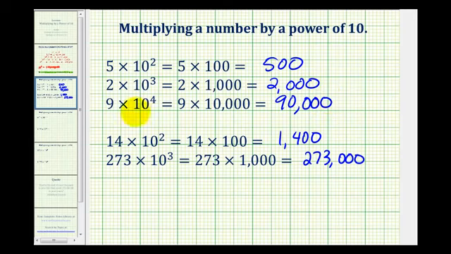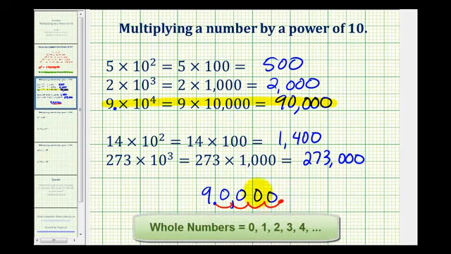But we also want to develop a pattern that we could use when multiplying a decimal times a power of 10. For example, if we take a closer look at this product here, the decimal point on this 9 would be just to the right, or right here. So if we had 9, and we move the decimal point to the right, the same number of places as the power on 10, so in this case 4 places to the right, we could also determine this product. So if we move this to the right 4 places, 1, 2, 3, 4, and then fill in the missing digits with zeros,